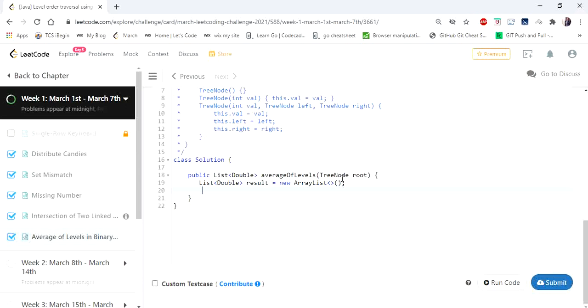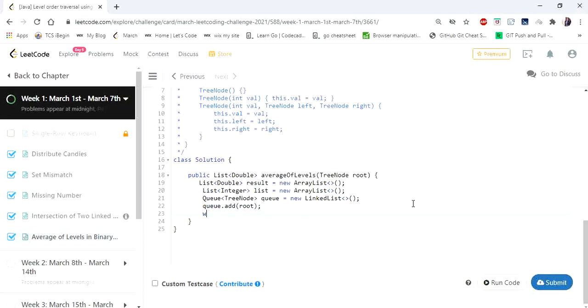Another list is to hold values at every level, and we are going to have our queue. So once we have our queue, we are going to add our root node first